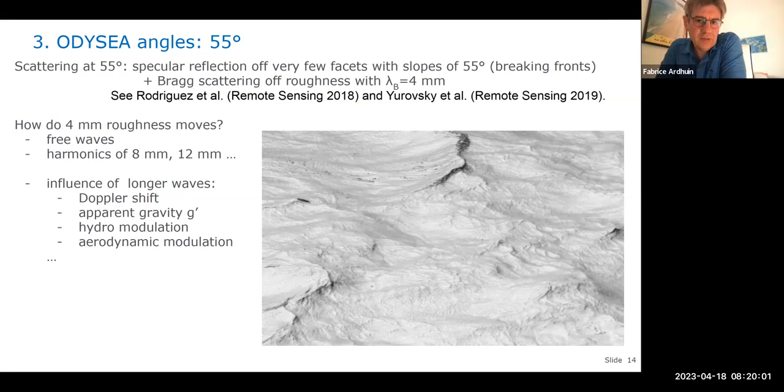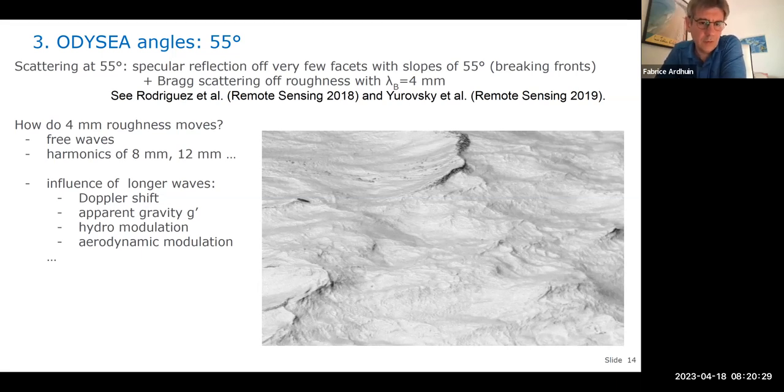And so that's very much detailed in the paper by Rodriguez et al. 2018, and there's some nice discussion also in Jaroski et al., Remote Sensing 2019. And so the big question for the Doppler and the velocity we're measuring is how does this 4 millimeter roughness actually move on the surface? So I was saying, maybe there's free waves in that case. We know what should be their velocities, and then we can say that what we're measuring as a phase speed